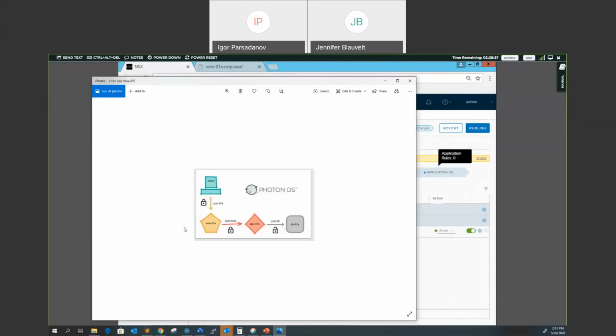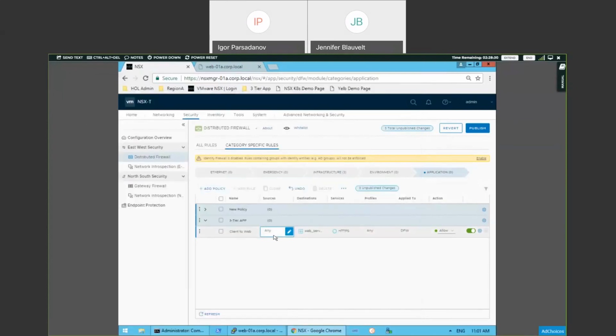And our next rule is going to be from our web servers to our app servers. It looks like web to app on port 8443. So source, I'm going to create a new rule. I created a new policy by accident. We'll delete that. New rule. And this is going to be web to app.